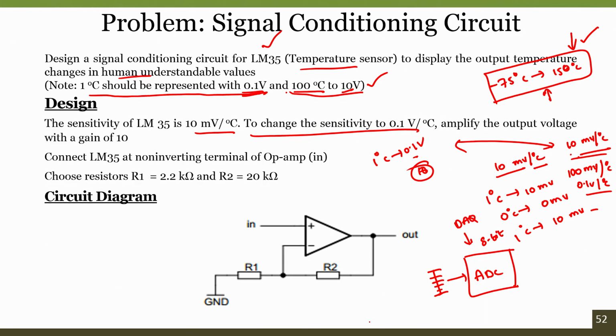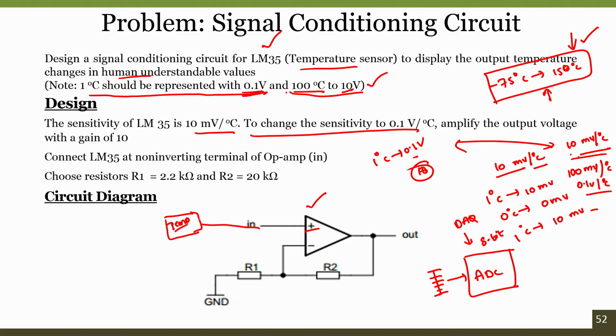So, in order to create a gain of 10, one way is to use a simple inverting amplifier configuration. But since the inverting amplifier configuration has an input impedance, in this case we are selecting a non-inverting amplifier configuration, where the output from the previous stage can be directly connected to the non-inverting terminal, so that the input impedance is very high. So no current will be taken from the previous stage, the temperature sensor.